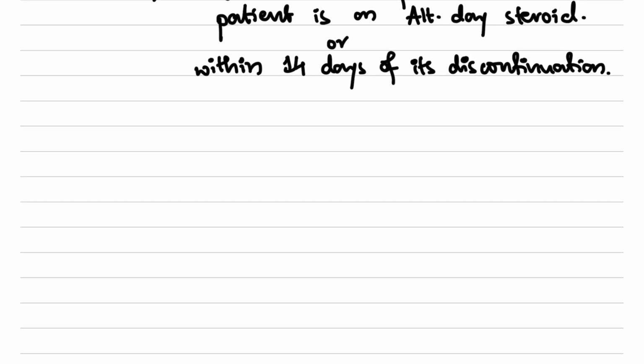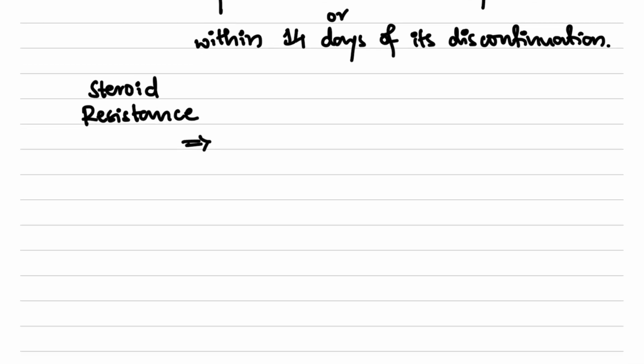When do we say the patient is having steroid resistance? We look at the definition of steroid resistance. There is absence of remission despite therapy with daily prednisolone for 4 weeks as well as on alternate day for 4 weeks with 60 mg per meter square per day. The definition is that the patient is not having remission of the disease